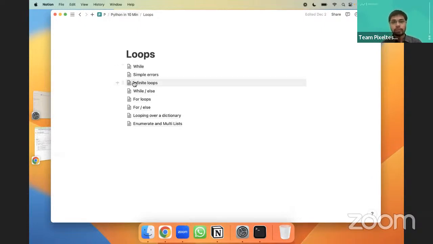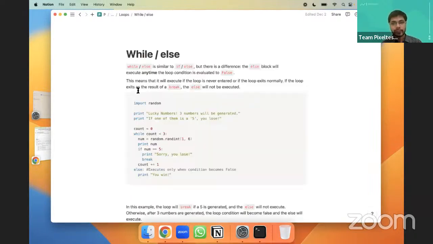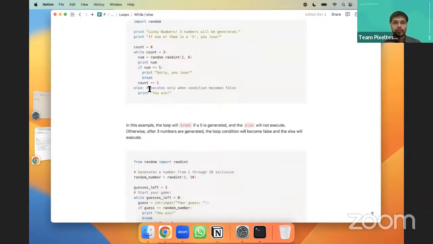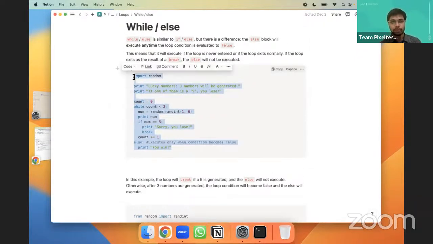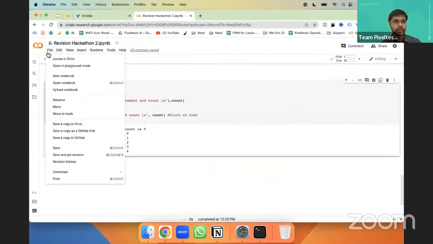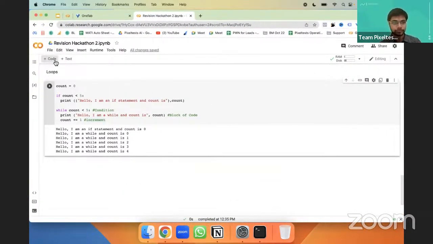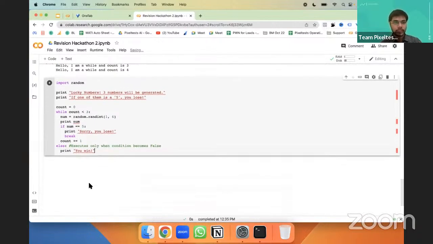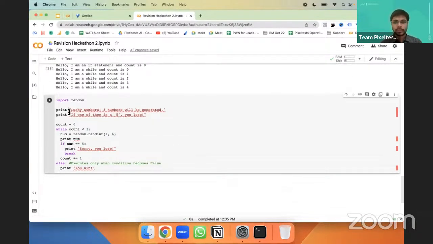So now what happens in while is there's another statement we call else. For example, let's run another exercise. Here we are importing a module which is random, and we are printing two statements.